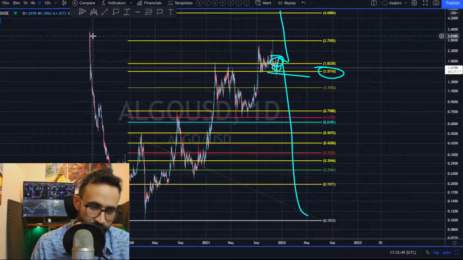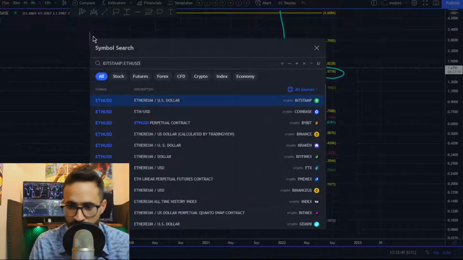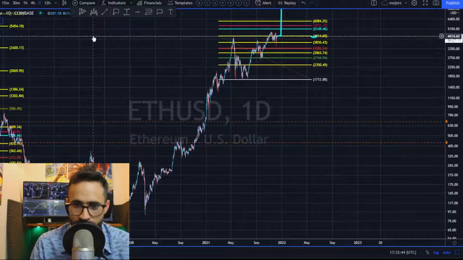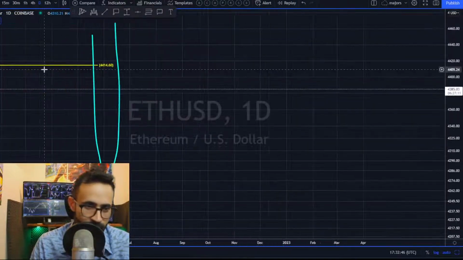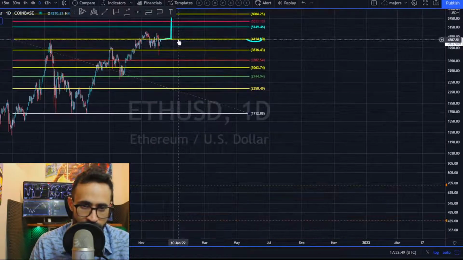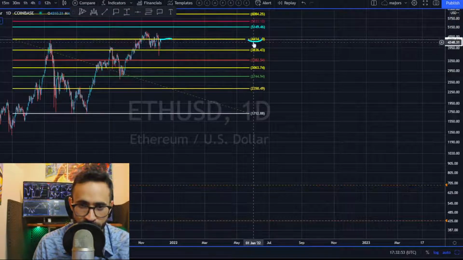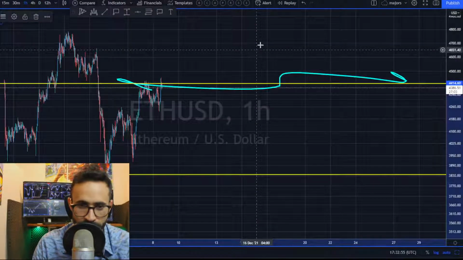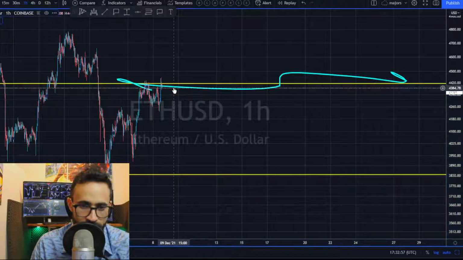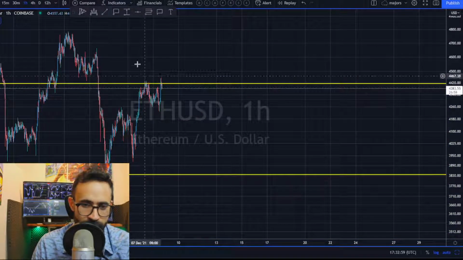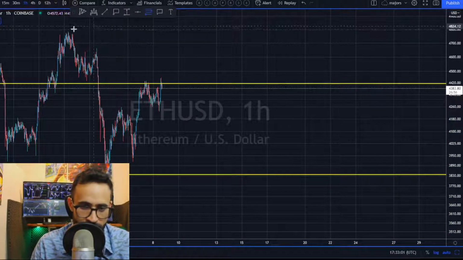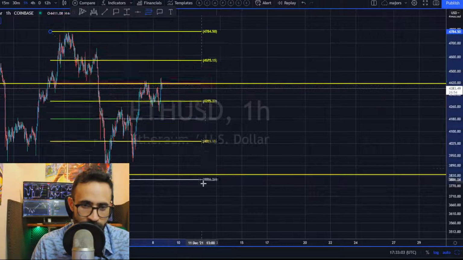All right, ETHUSD. I was pretty optimistic on ETH. I was really optimistic on ETH. I think there's two lines in the sand, right? And we're currently above one and right below the other. Come on, get rid of this line. Right? So I think Ether,